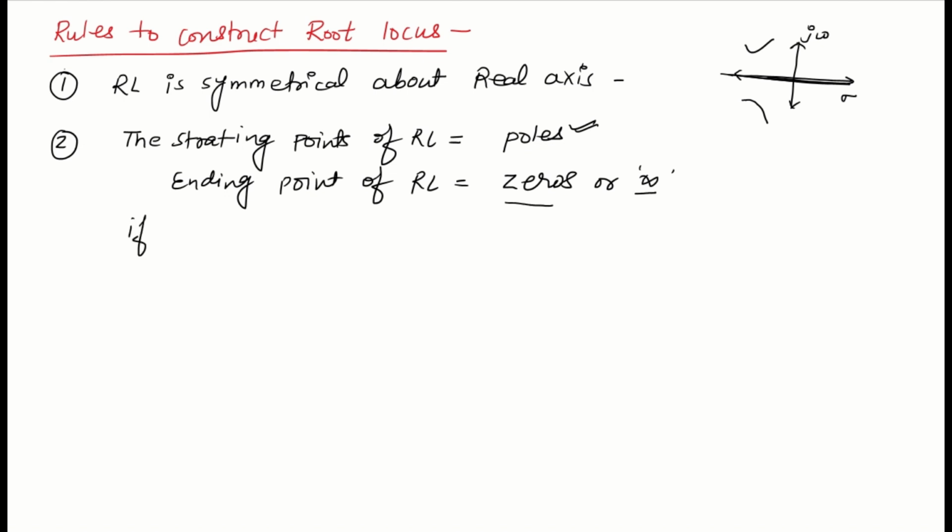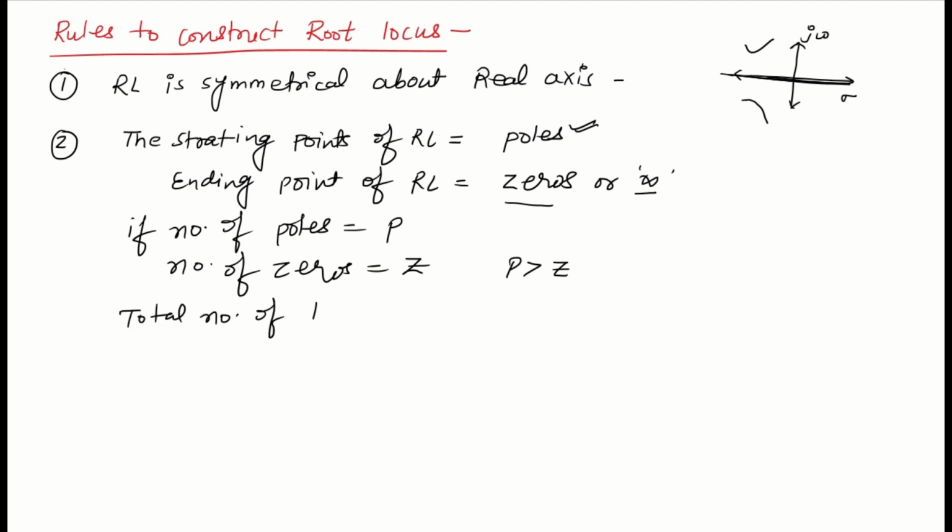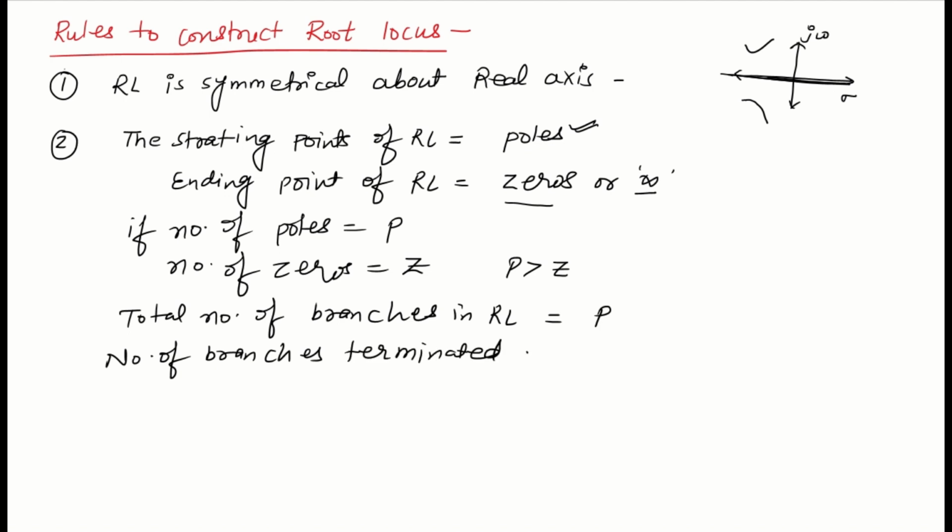And if the number of poles is capital P, and the number of zeros is capital Z, and if we assume that P is greater than Z, in this case the total number of branches in the root locus will be capital P, and the number of branches terminated at infinity will be equal to P minus Z, and the number of branches terminated at zeros